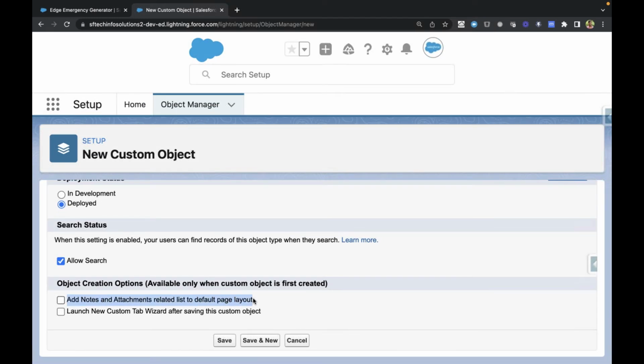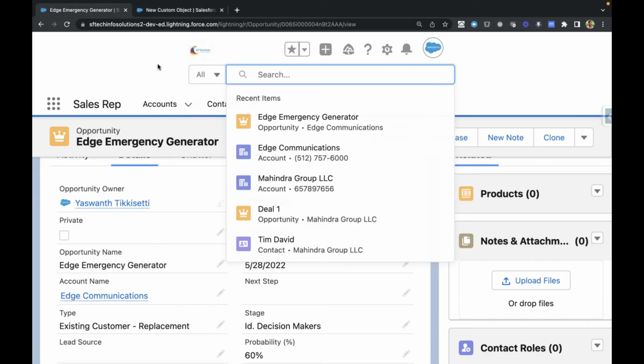Or else, if I do not check this checkbox, if I search here, it will not be filtered on my created object. Okay, that's the use of this checkbox. So allow search is a global search. Okay, and this add notes and related list is one of the child records under each